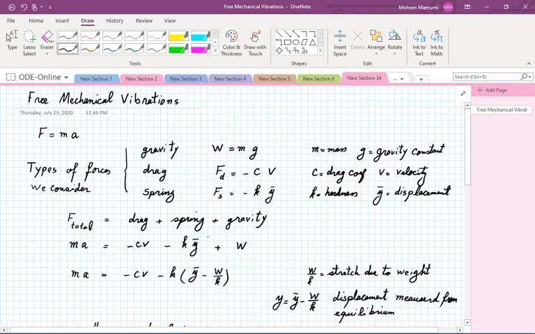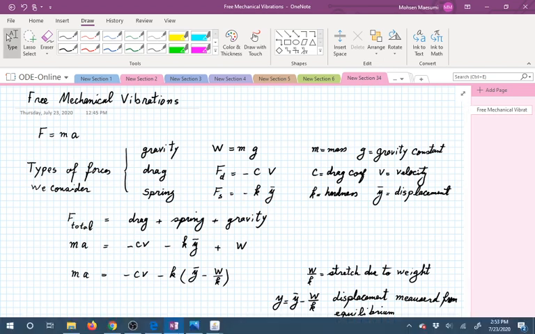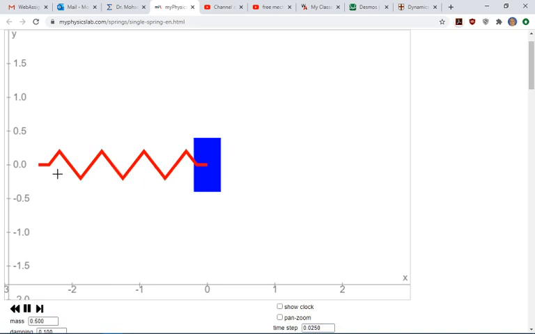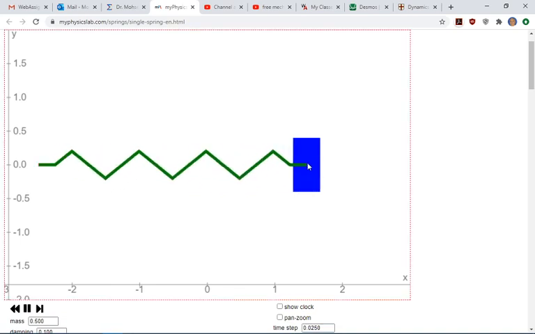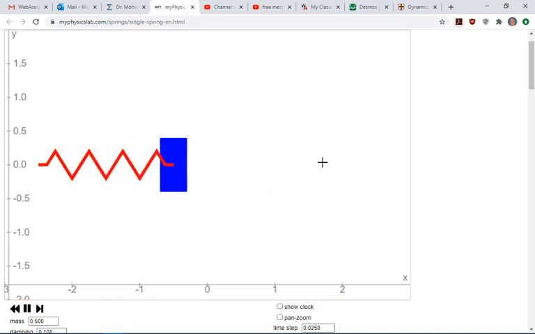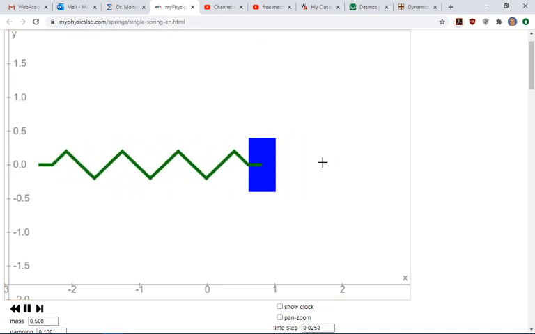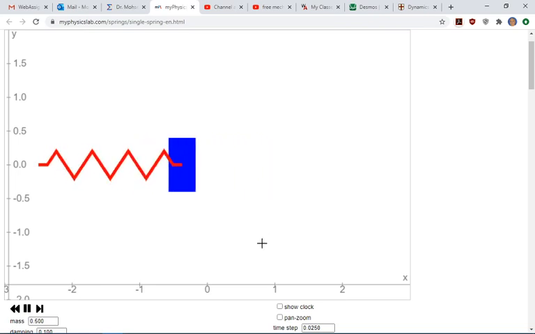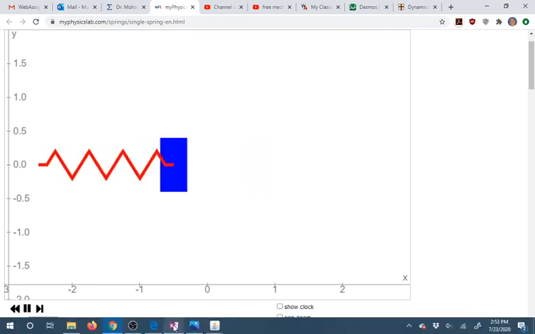Now what we have in mind is a very simple unassuming situation. Let me just take a look at a basic example of this. This is supposedly representing a spring, and this is an object that's going to oscillate in a horizontal direction. In most of the problems we are going to look at, the spring is oscillating in a vertical direction. At any rate,